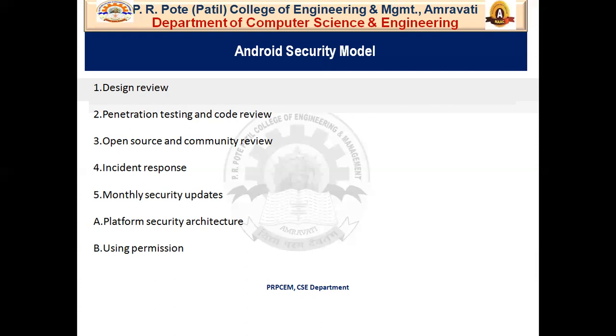And the last point in the Android security model is monthly security updates. In the monthly security updates, the Android security team provides monthly updates to Google Android devices and all our device manufacturing partners.